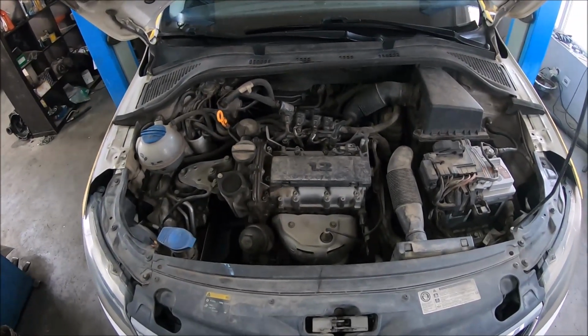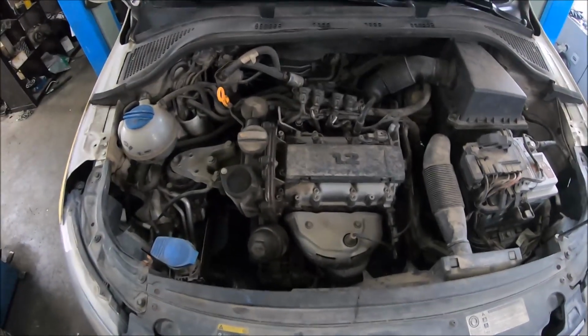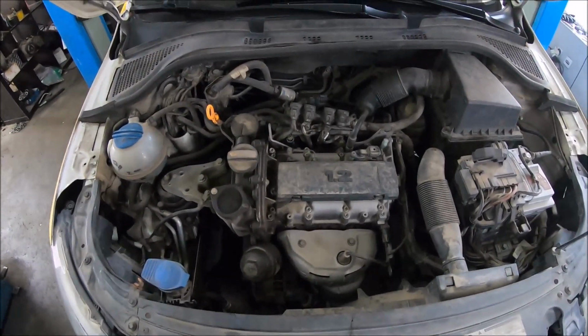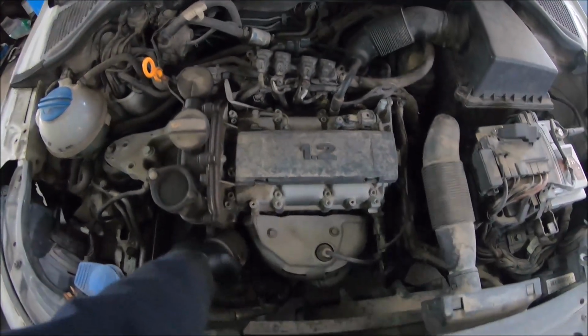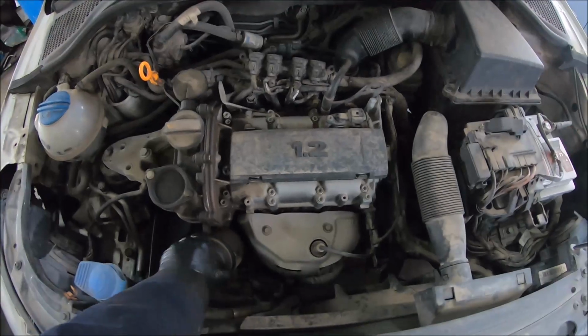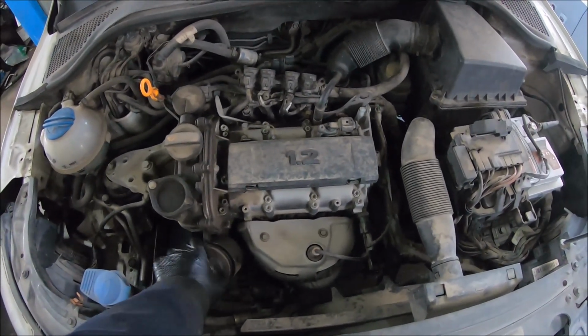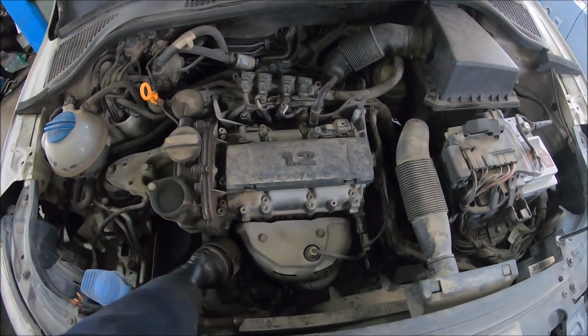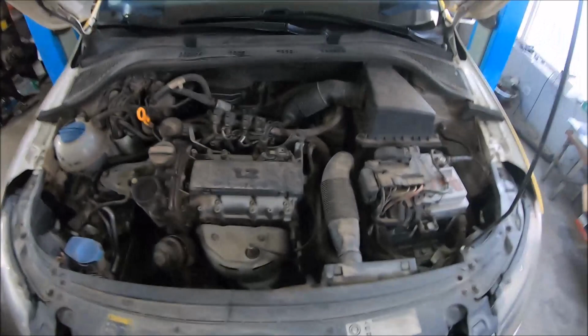I'm going to start by opening the oil filter. The oil filter can be opened with a 36mm wrench. I have already loosened it, so I'm going to open it and let the oil drain into the oil pan. And also